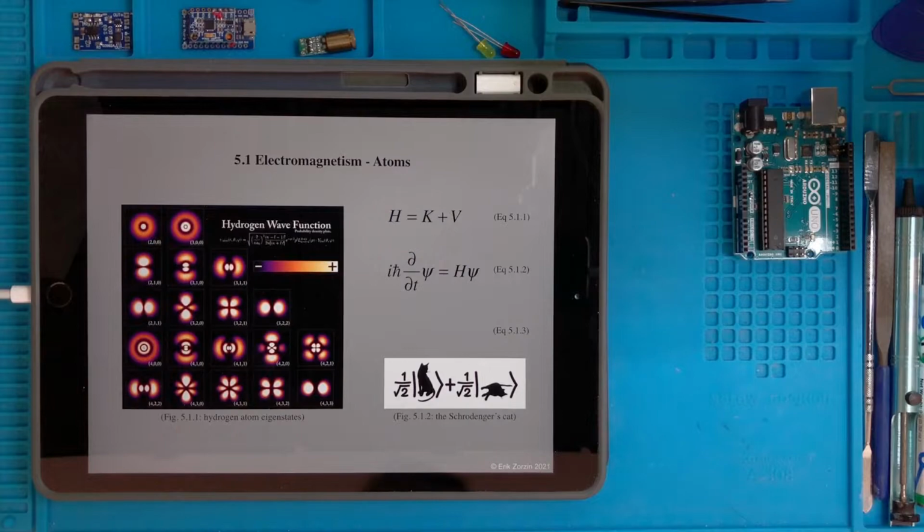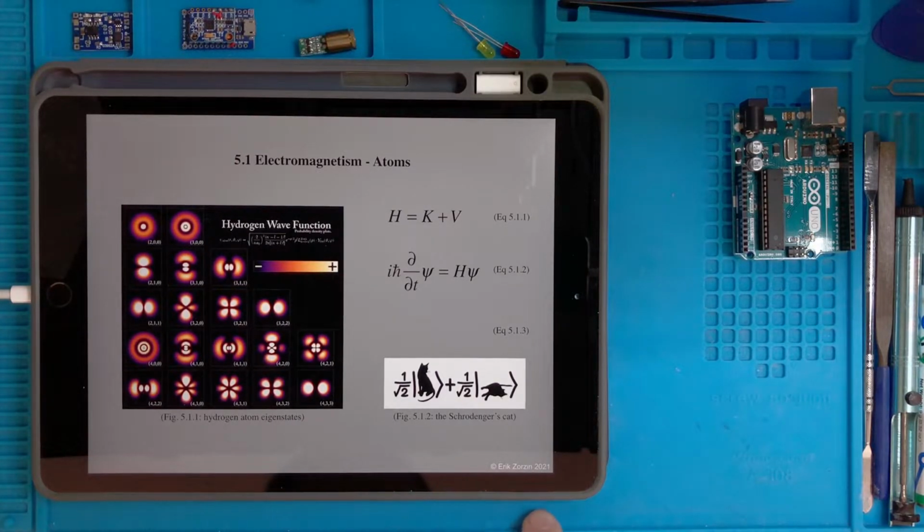Okay, now we switch to a completely different topic. We try an impossible mission, which is to explain quantum mechanics in one slide. We don't need quantum mechanics in this course of electronics, and I'm quite confident that we can say that we don't need quantum mechanics at all in order to do electronics.